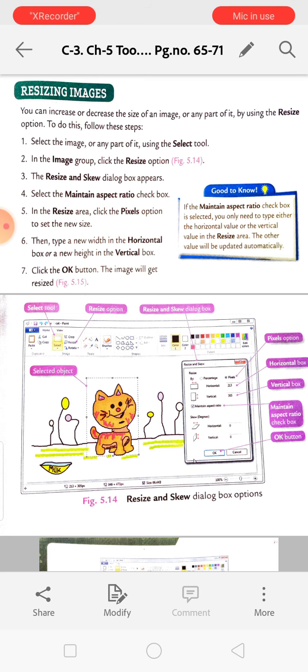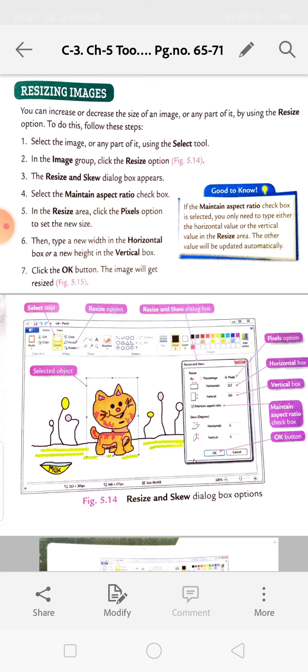If you click on resize, the Resize and Skew dialog box will appear. Then you have to maintain the aspect ratio checkbox. Resize area, how many pixels, that means how much bigger or how much smaller you want to make it.